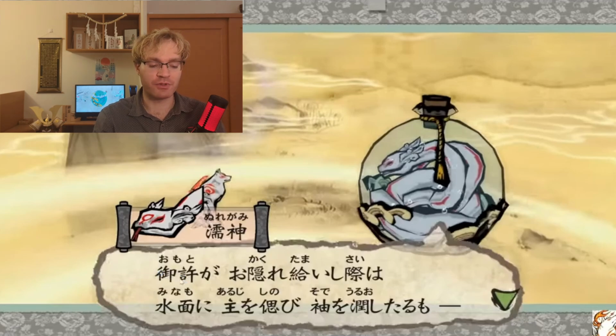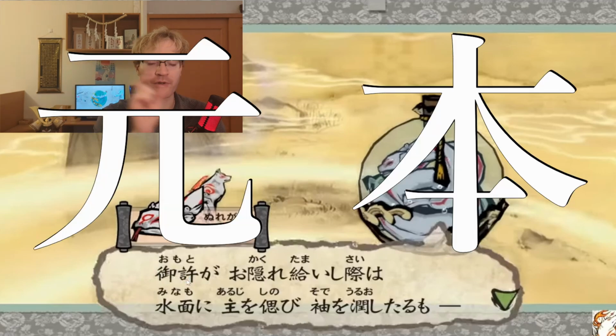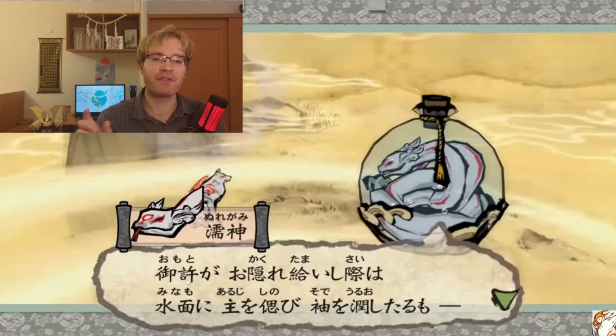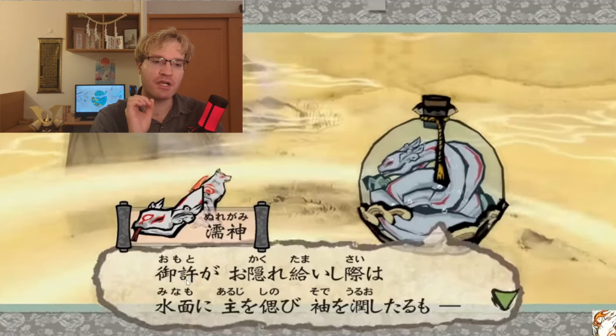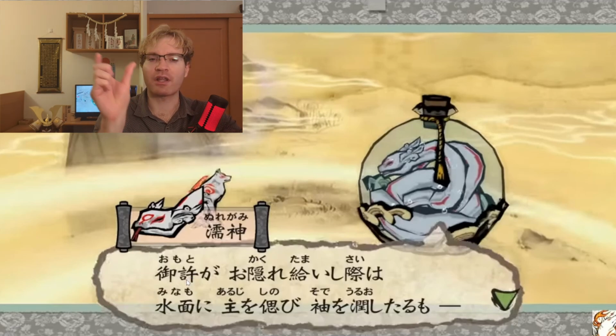And then we have this kanji moto, okay? Now, moto, the word, can be written with two other characters, and both of them mean something like the origin, the source, the place of origin, I guess you could say. However, the kanji it is written with here is the kanji that means to forgive or to allow. So let me connect these two ideas, origin and source, and to allow, okay?